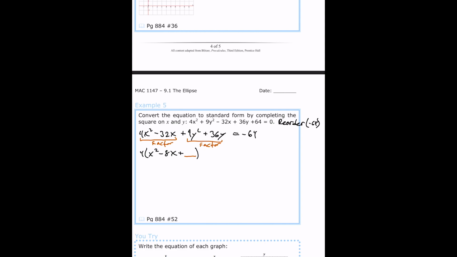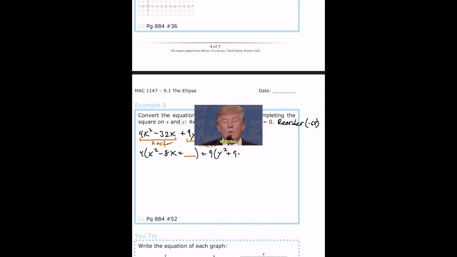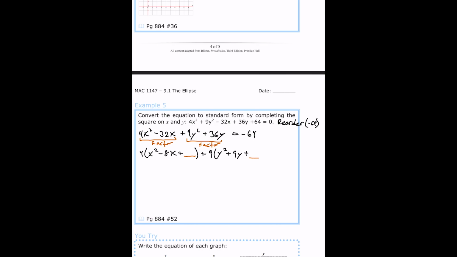And then similar strategy in my other two terms, they share a common factor of 9. I'm going to pull that out, not pulling out a 9y, just pulling out a 9, so that I've got y squared plus 9y plus something else. And then on the right hand side of the equation, the negative 64 is still there, but remember,